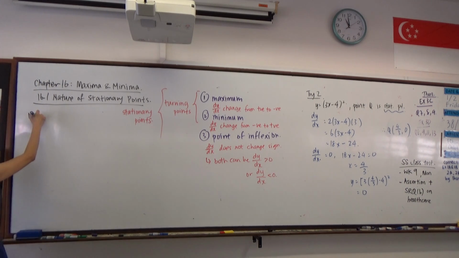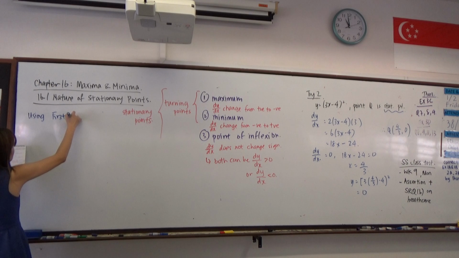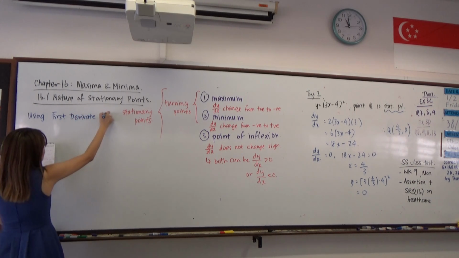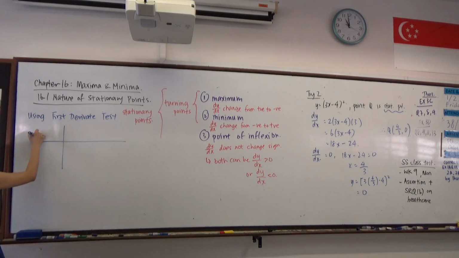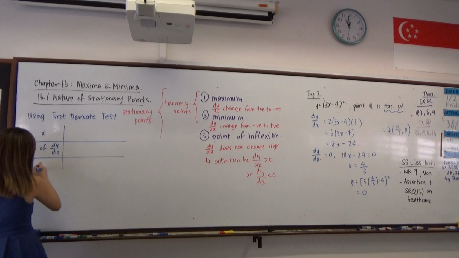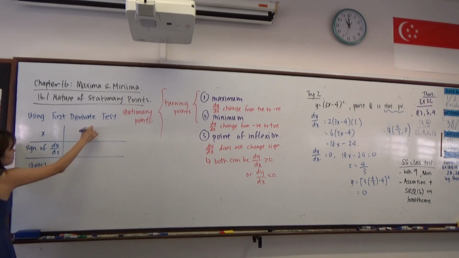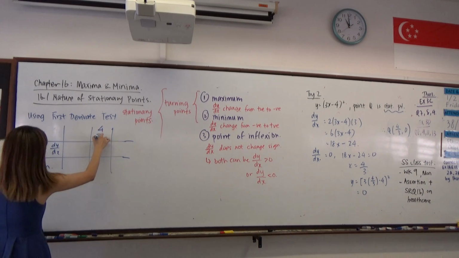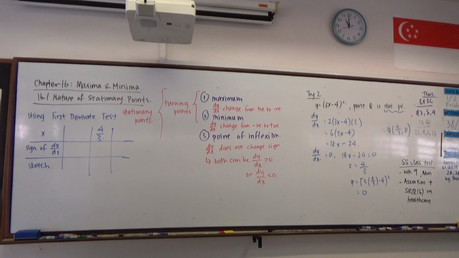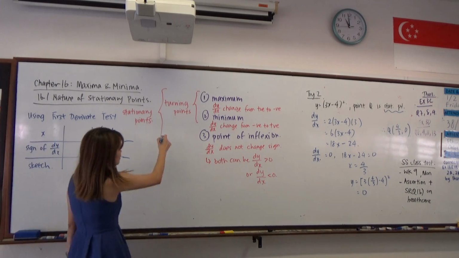Using the first derivative test, please draw a neat table. Since we are looking at the point where x is equal to 4 over 3, we will need to look at, just now my graph,